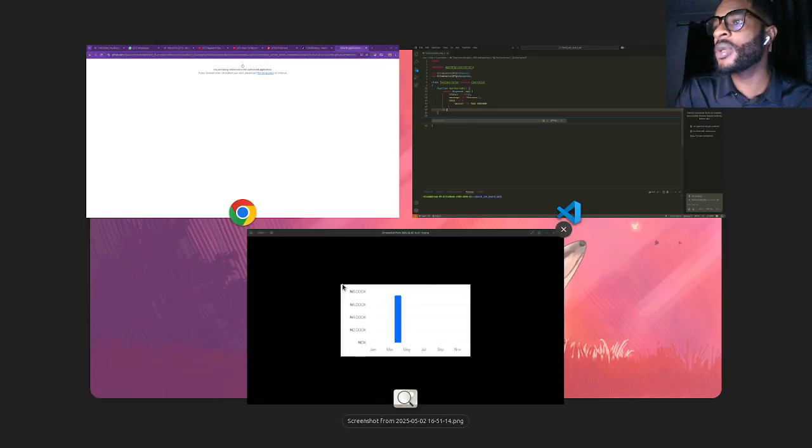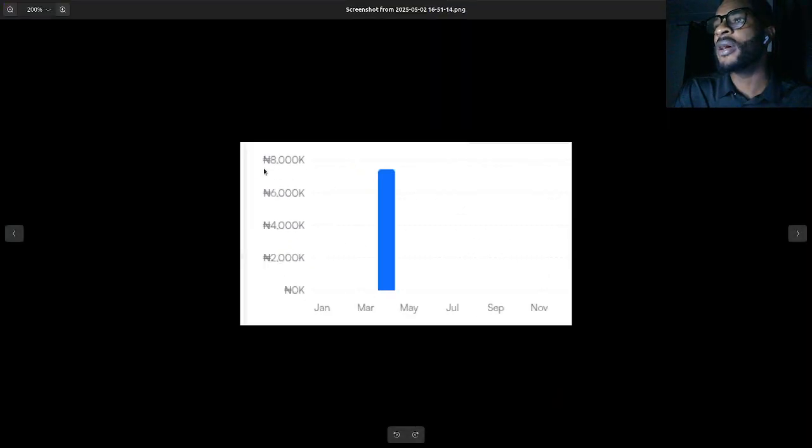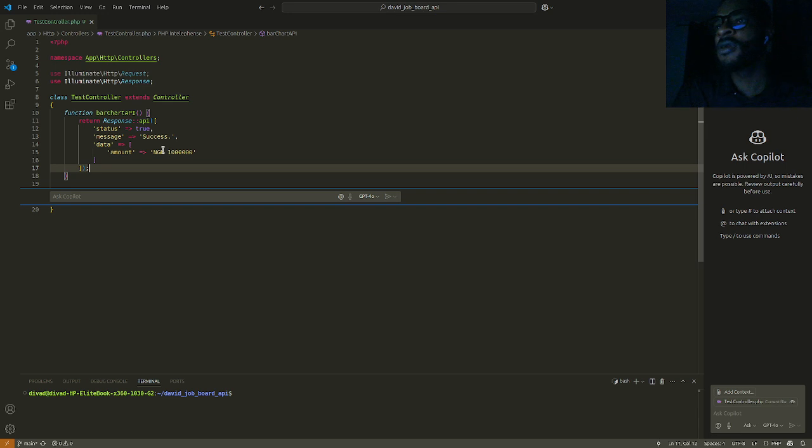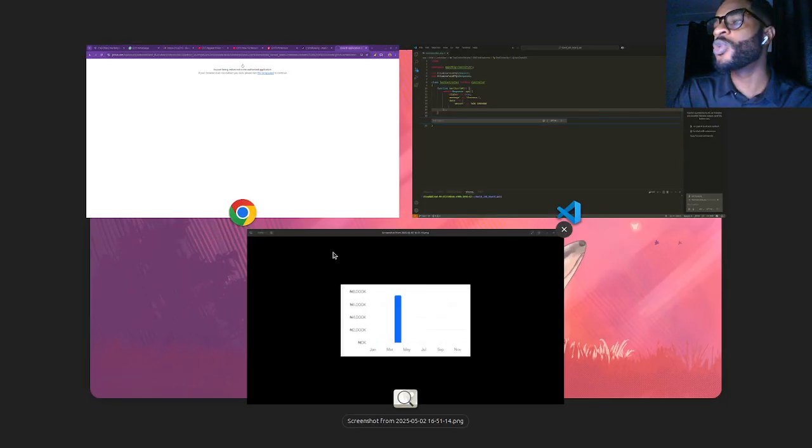So for them to actually map the NGN to this Naira, they will need to split the string into two parts, right? Split this out, and use whatever library they will use to map this NGN to the respective Naira symbol. That's one task for them. Then secondly, they'll need to convert this value, this 1 million here, to an integer, right? To be able to plot this graph